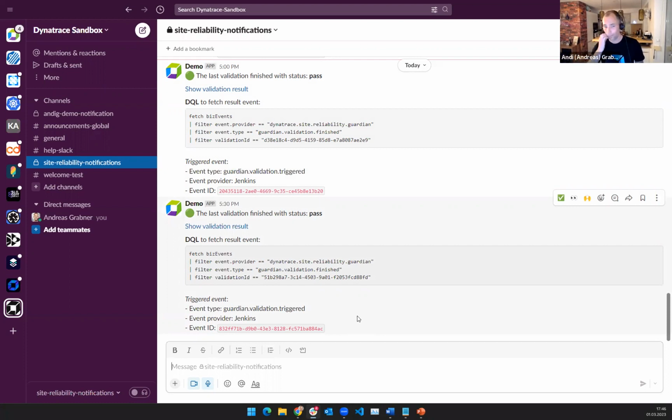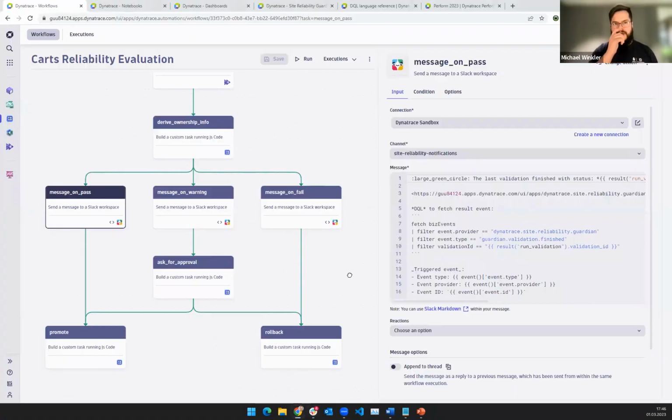You can, right? You have the full flexibility of our automation engine. And this is the truly powerful thing, what I like so much about it. What I just want to add here, unless you're not done. No, go ahead. What I'd like to add here is that by providing these workflows out of the box, which are provisioned automatically with every Guardian, we also have this option that you can very simply just extend it, right?